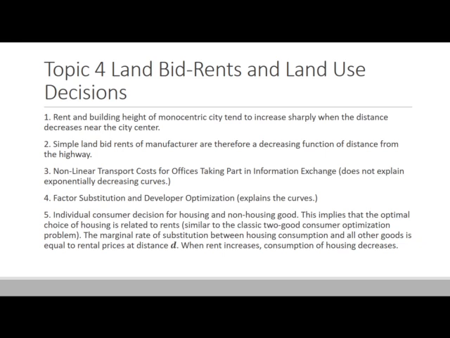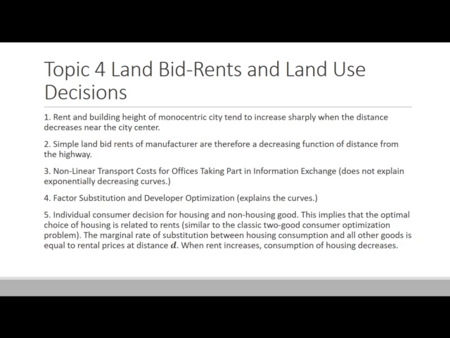So that's the key pattern we want to explain in this topic. In order to explain this, we introduced several models for land bid rents, starting from the agricultural one by Ricardo, right? And so the first simple bid rent model we have in this chapter is for